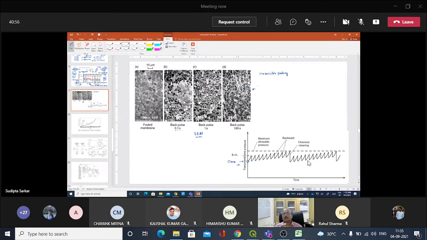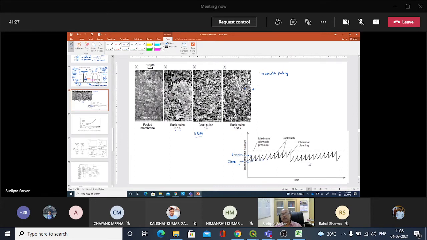So you do the back pulse and then restart the membrane. But remember, this so-called clean membrane value is now greater than your virgin membrane value. As time progresses, you will see that the so-called clean membrane value is increasing,